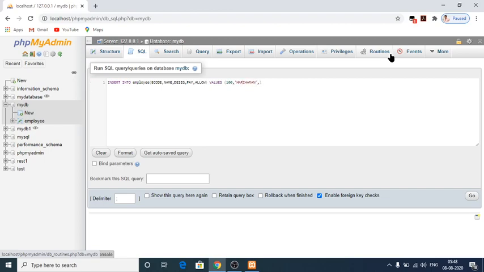Next, his designation is supervisor, that should be in single quotes. Next is his monthly salary, 29,000. Then his allowance is 12,000. There is no error.